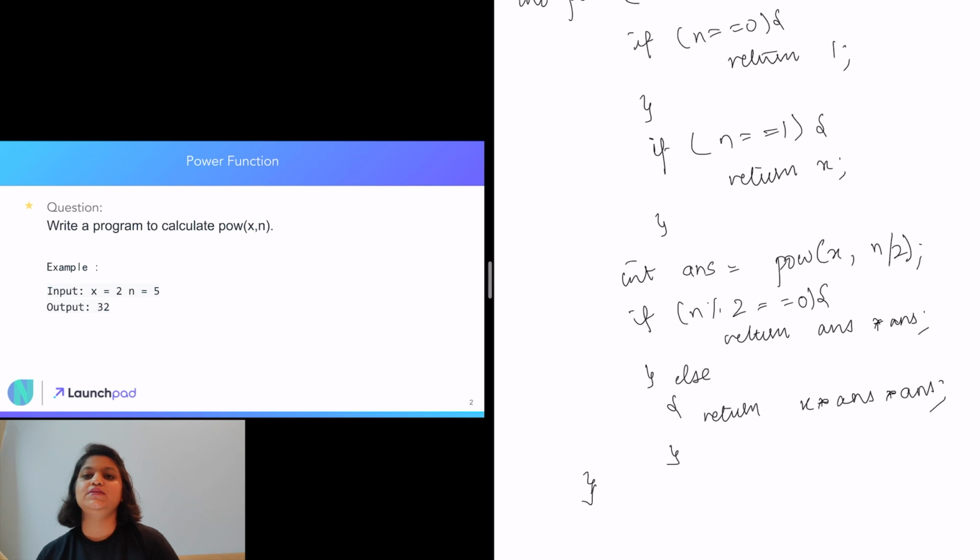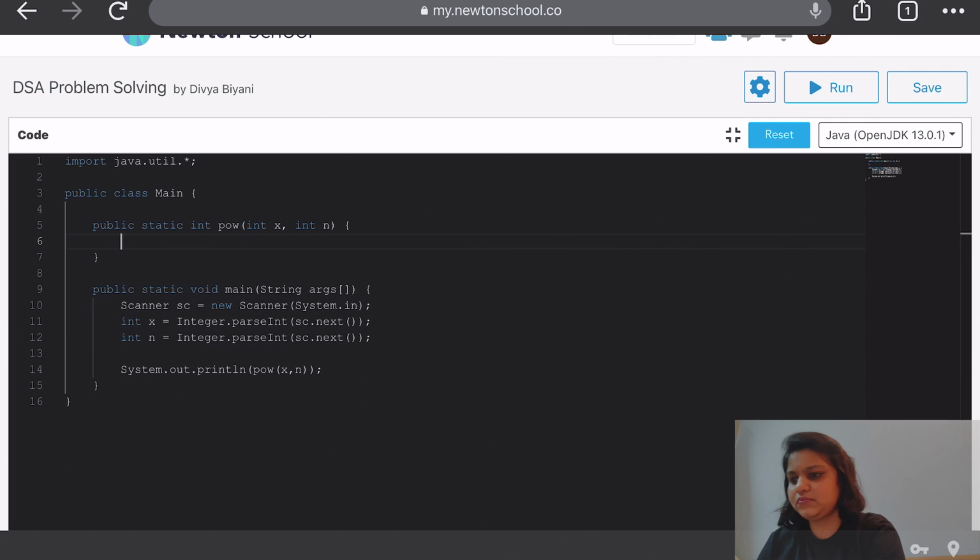Though this function seems easy, knowing how recursive functions can be used to reduce the time complexity is very important. This is one of the very famous and very easy problems to understand that sometimes doing a question recursively, not iteratively, also helps us in reducing our time complexity. So now let's start coding.